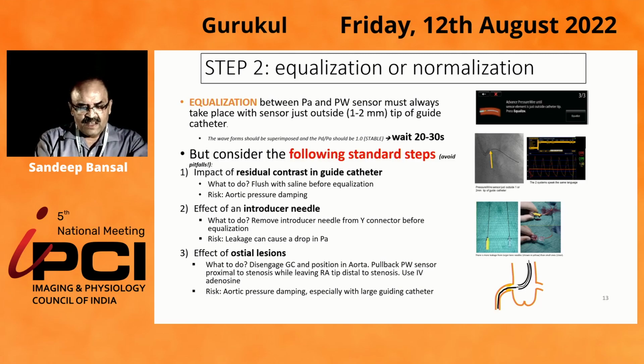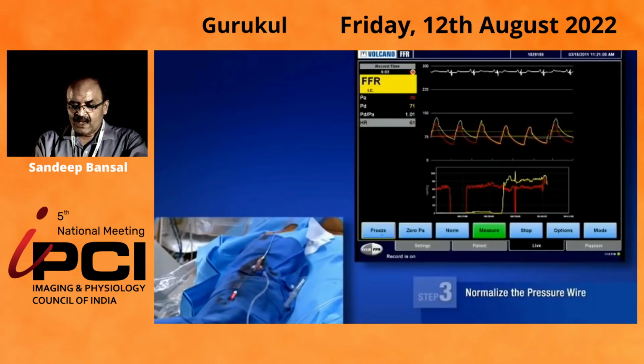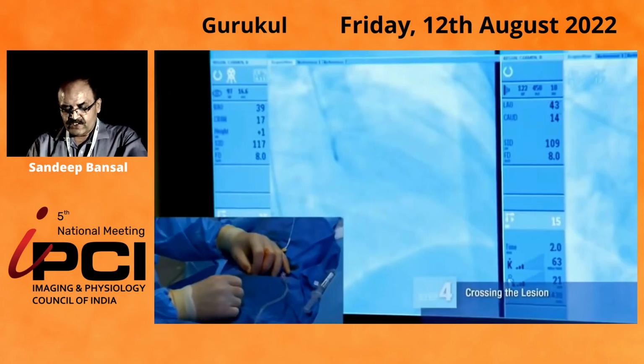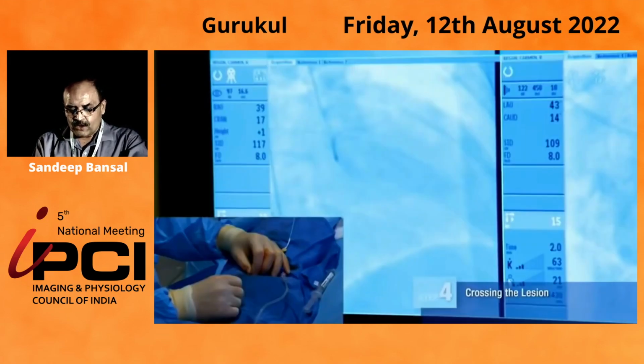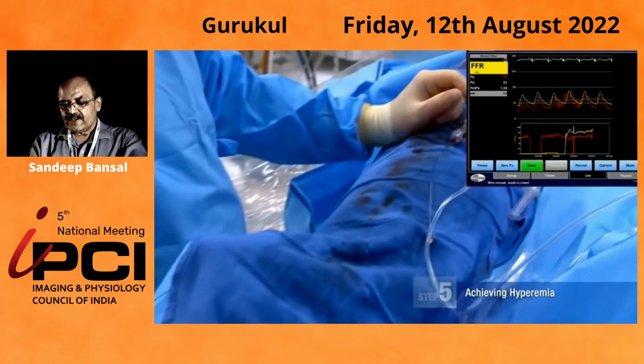The pressure transducer should be just 2 to 3 centimeters beyond the tip of the guiding catheter. Once that has been done, we normalize the pressure wire at this stage. We cross the lesion, and thereafter we take the resting measurements, and after that we give the hyperemic agent, that